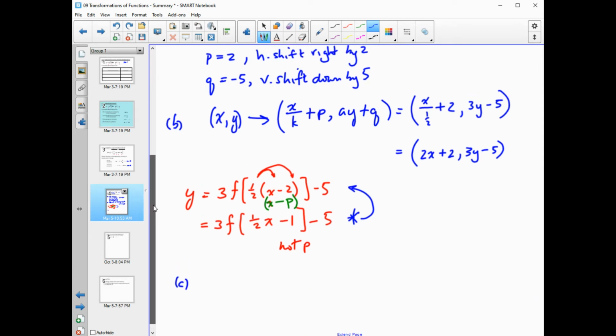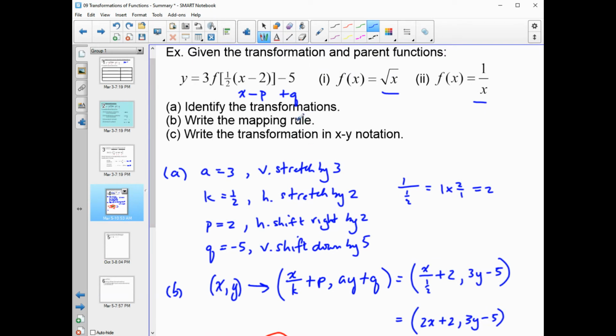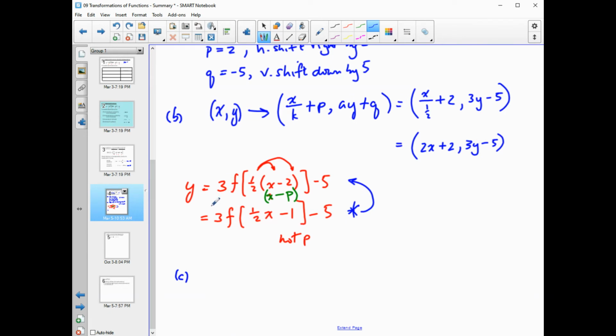Okay, so now moving on from that little bit of a warning and a little bit of an extra layer of subtlety, write the transformation in xy notation. Well, what if f of x is the square root of x? And it's actually good, I've rewritten my equation here. So now what if, for part I, the first one, f of x is equal to the square root of x? Well, we have function notation